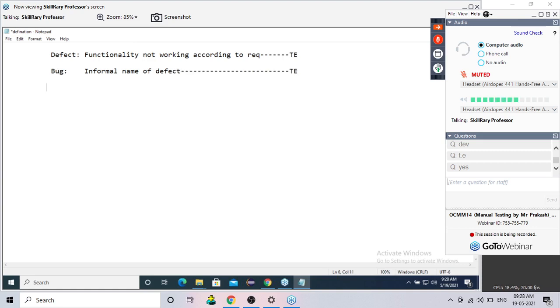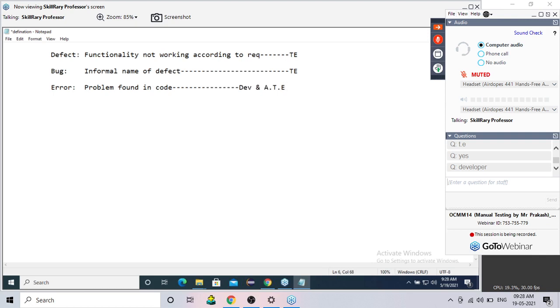Next word which many fellows are using: errors. Who should use this? Because everyone knows this, actually. Boss, errors are the problems found in code. Remember this point. We cannot find an error in an application. Errors are always found in code, and this word should be used by developers and also automation test engineers, guys. Am I right?